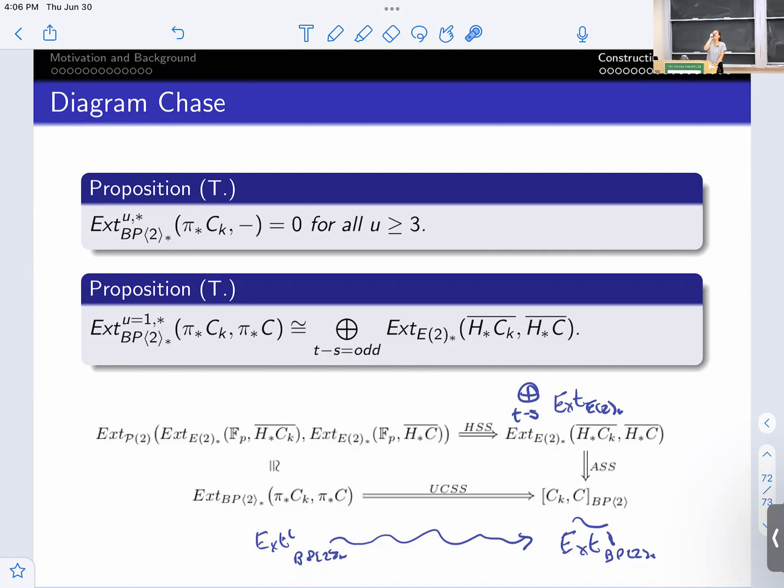Do you know anything about what the sort of -2 column